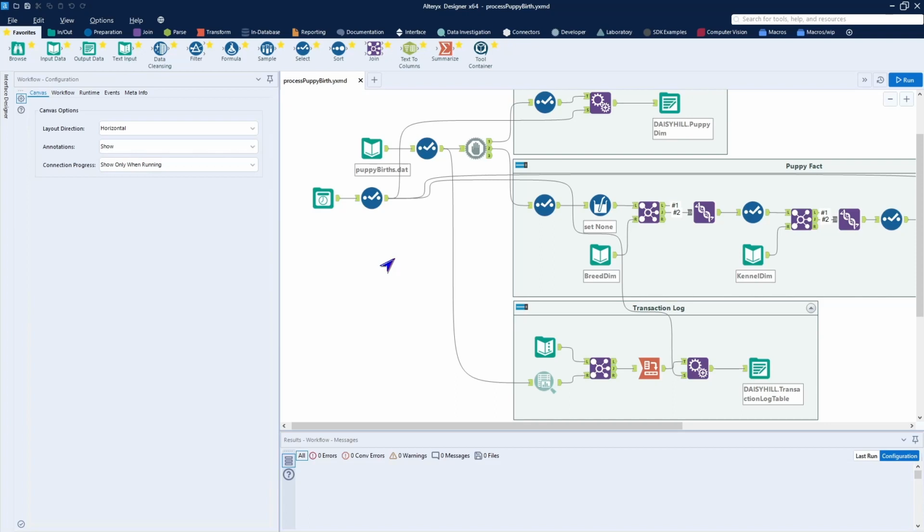So let's look at our Puppy Data Mart that we built through this first workflow. This is in my collection on my